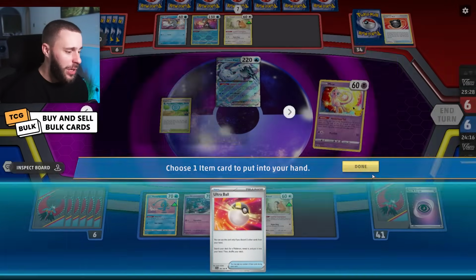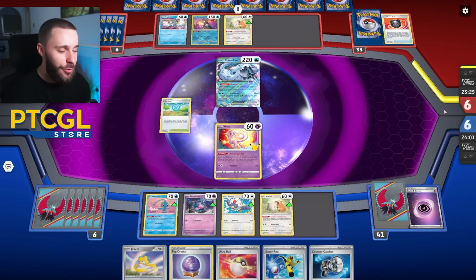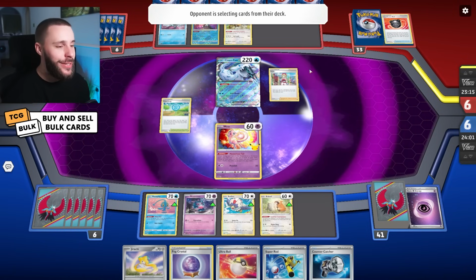Okay, there's the Ultra Ball. We're going to grab that, and I think I'm just going to pass. I could Fog Crystal for another Misdreavus, but I think we're going to be okay. They evolve into Bibarel there, and they play an Irida. Now, what we need to do...